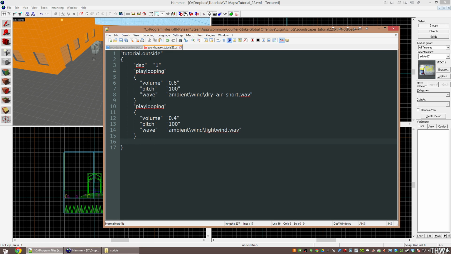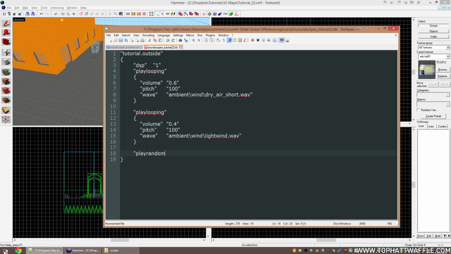We're going to drop down onto another new line, and we're going to do an open quote, play random. This will allow us to play random sounds from an array. Now, since we're doing play random, we need to specify a time for the sound to be played. So choose time, and then tab over. Since this is a tutorial, I'm going to have the sounds play a lot faster than you normally would. So I'm going to choose 5,